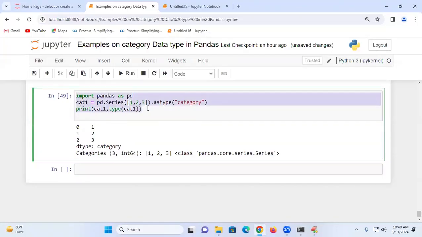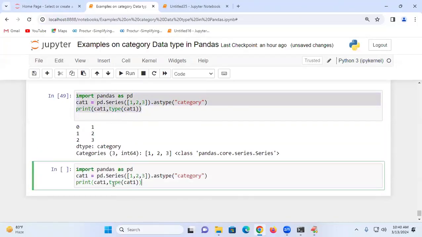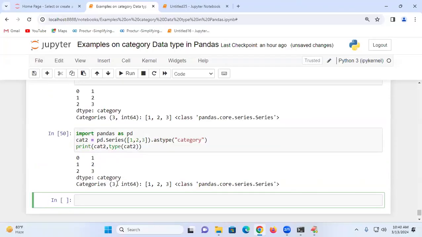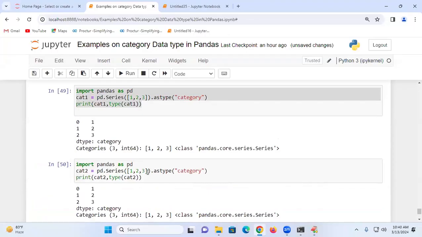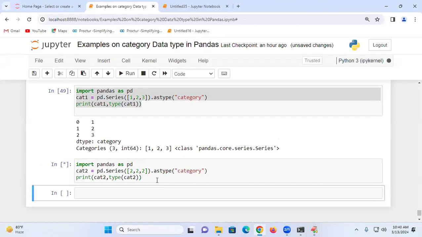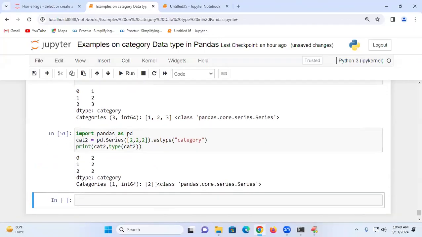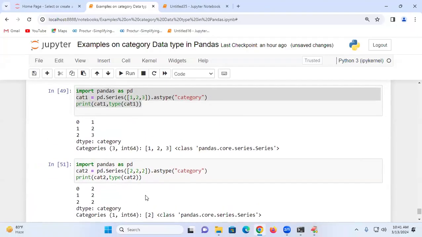Next I will go to category 2, also going to be 2. dtype is, here it is 2, 2, 2, I will take it. Category 2. There are only 2. So here the point is category 1